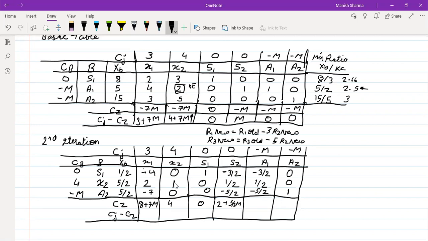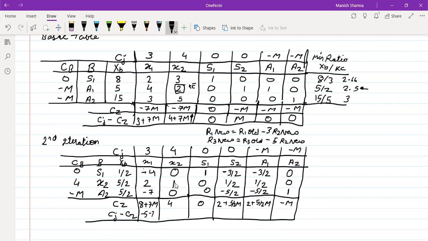Similarly, 0 into 3 by 2 is 0, again it will be the same, 2 plus 5 by 2, which is 5 by 2 m, 2m. And the last one will be equal to minus m. Correct. Minus m. Similarly, here again we will calculate 3 minus 8 is minus 5